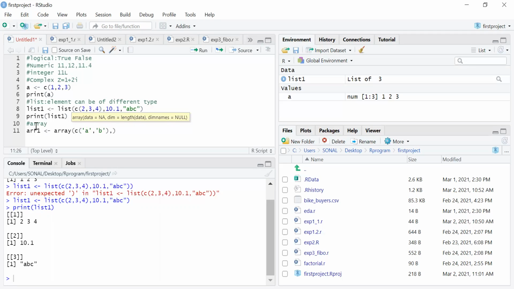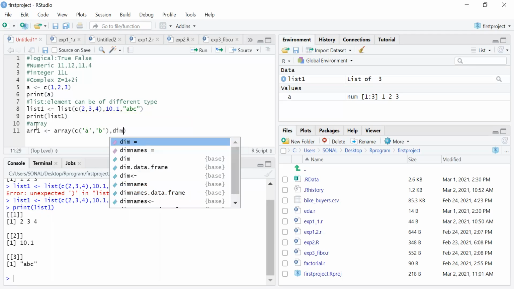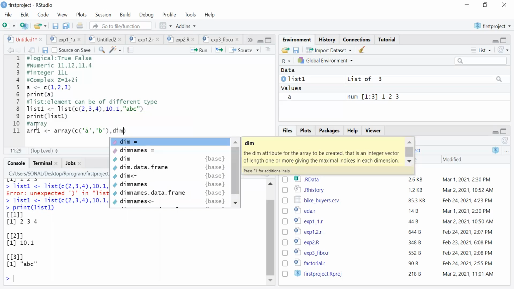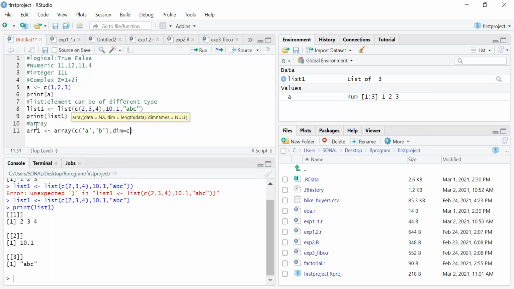Here we are mentioning the dimension, that is dim equals c, a 3 by 3 matrix which will be repeated twice. Let's execute it.